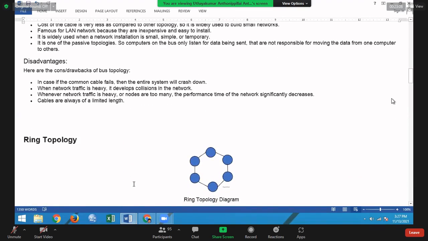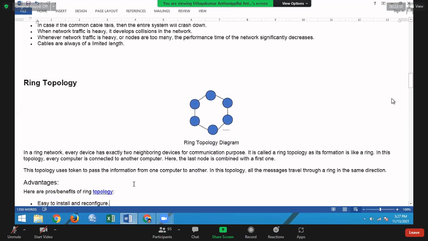This one is the ring topology. Nodes are connected one after the other, and the last node is connected to the first node. However many computers you want to connect in the ring, every computer should be connected. We can connect the nodes using small cables.